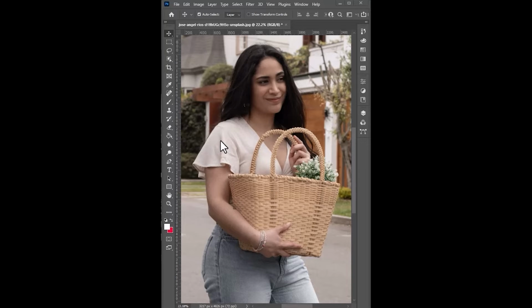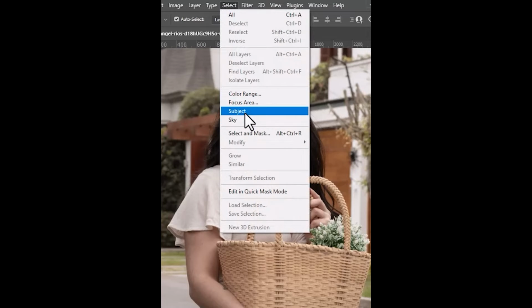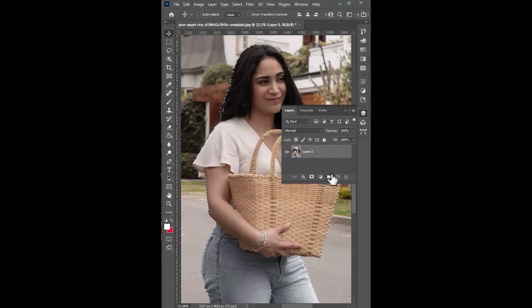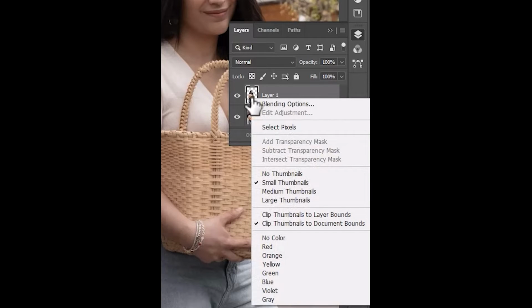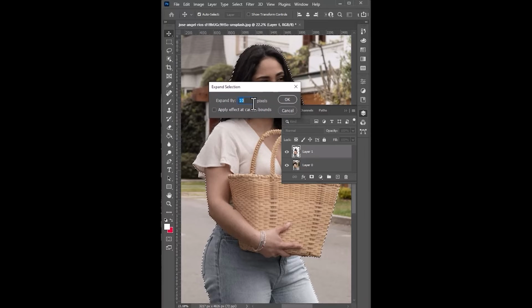Add background blur in Photoshop with these simple steps. Go to select, subject, and Photoshop will select your object automatically. Press Ctrl plus J to duplicate. Right click on the object, select pixels, go to select again, click on modify, expand and expand it about 10